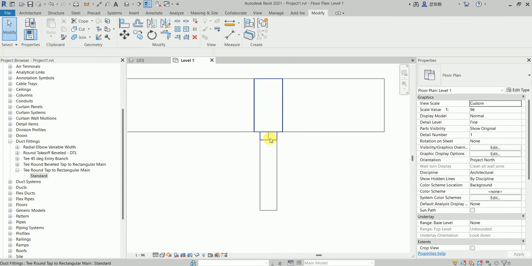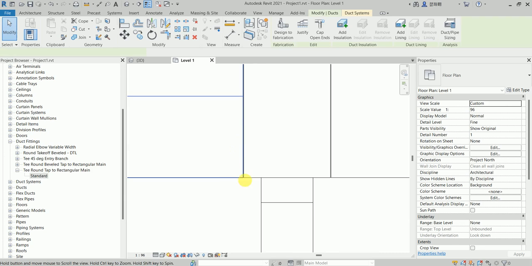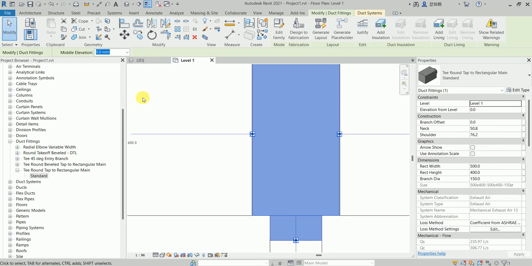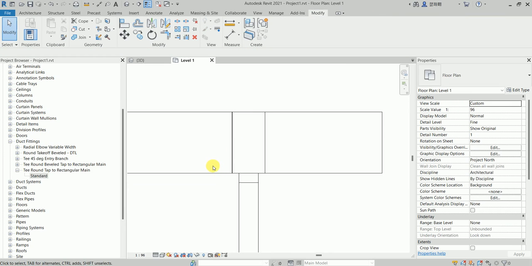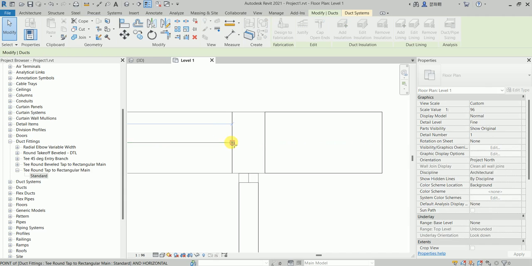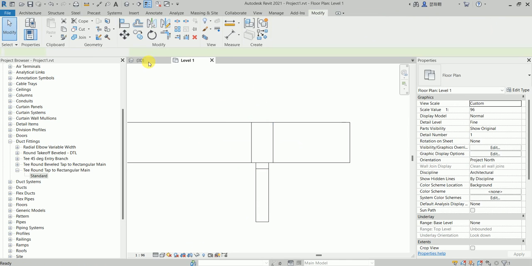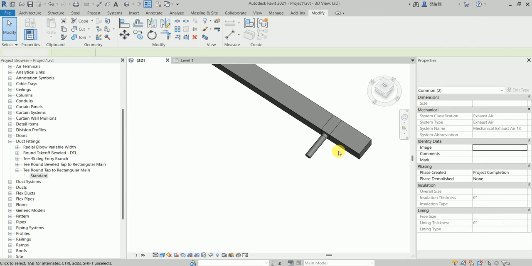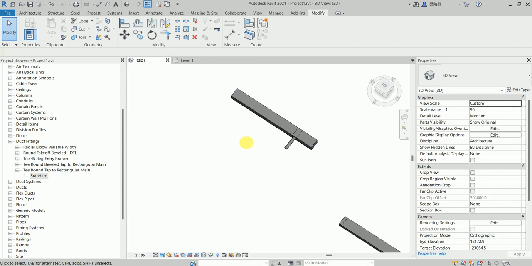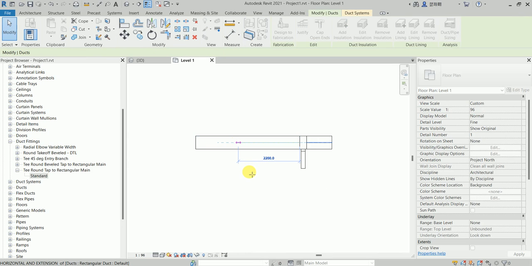All right. Now it's connected. It's connected fine. Yes, it's connected. So now what I have to do is get some airflow inside this